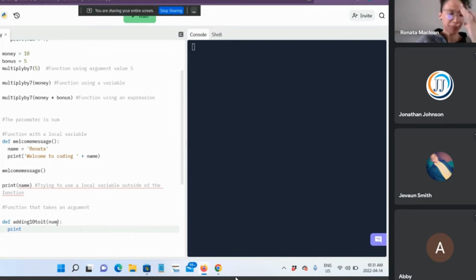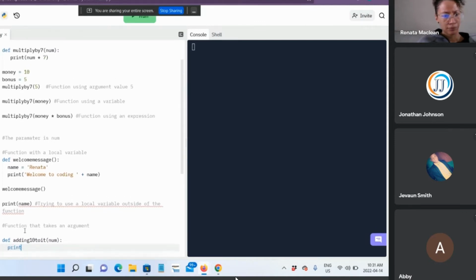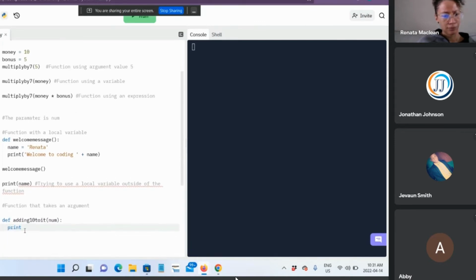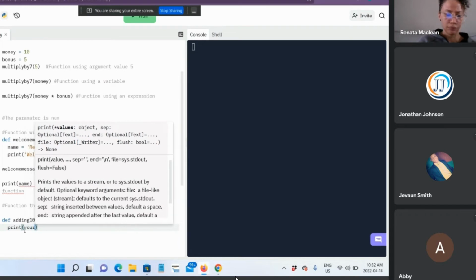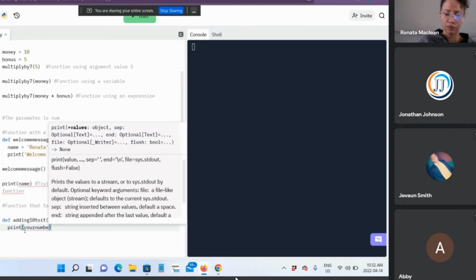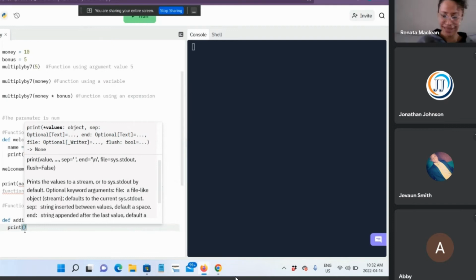No, you can use it. So let's say for example, you may want to print a message beside the parameter that you're using, num. You may want to print a message that says your number is, and print the number that it takes as an argument. So you could do that, for example. You could say print open bracket your number is, remember the quotation marks for text? So start with the quotation marks.